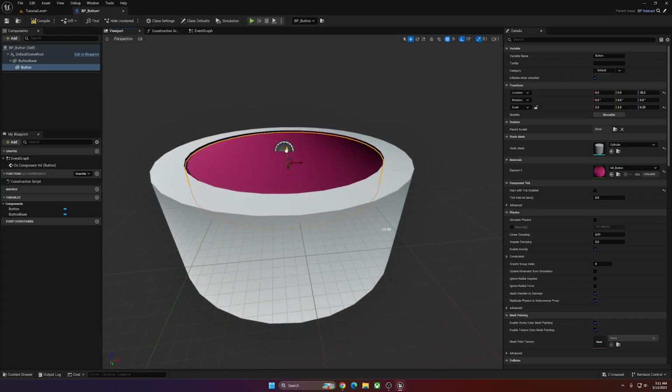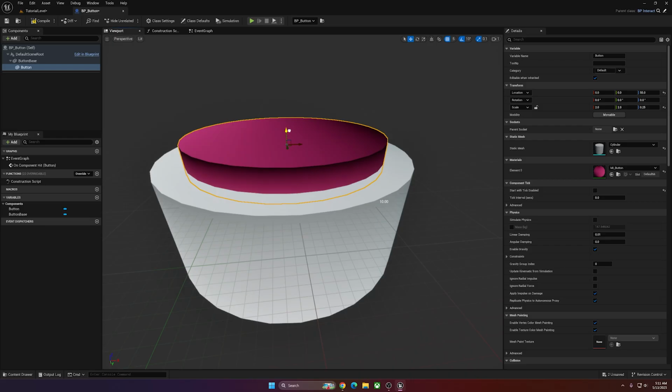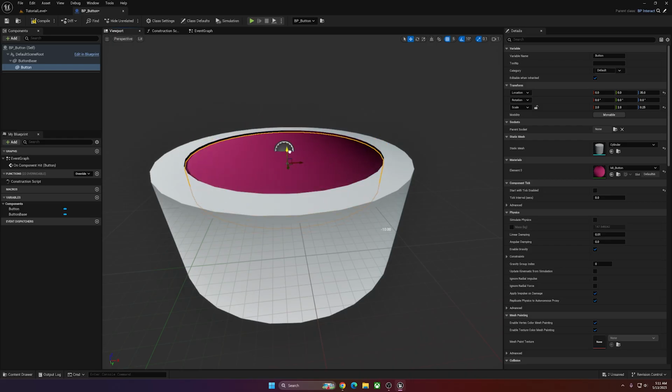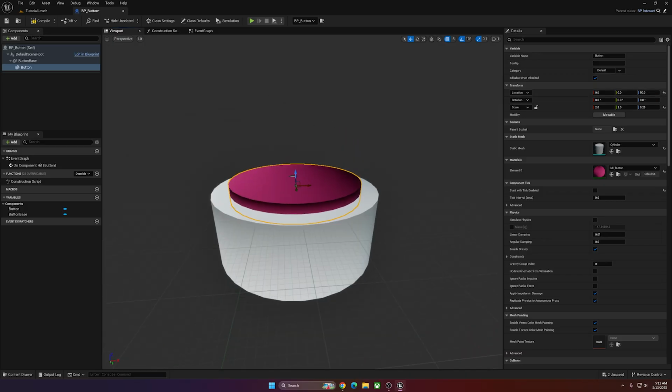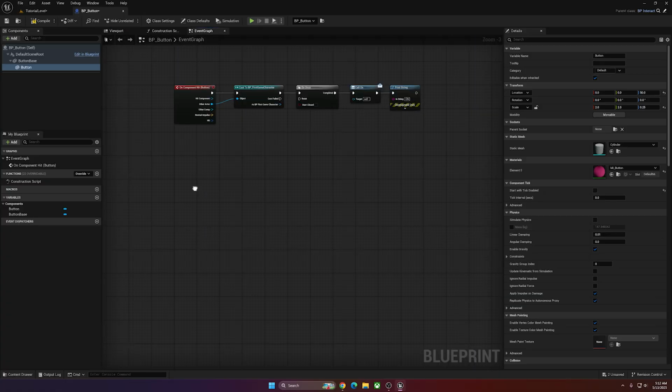Now we can animate this down. And what I want to do with this button is it's going to come down, click down, and then pop back up just slightly. So it's going to go all the way down to 25. I'm looking right here, the Z-axis, and then it's going to pop back up to 30. Default position is 50. Go to the event graph, create an event,